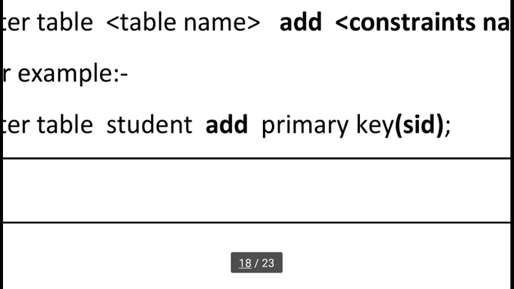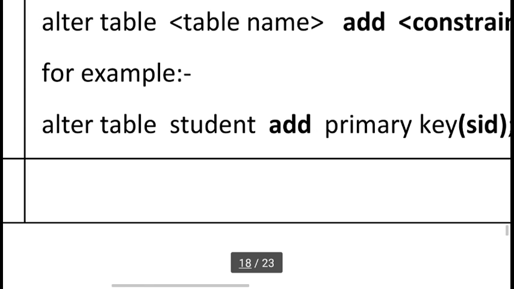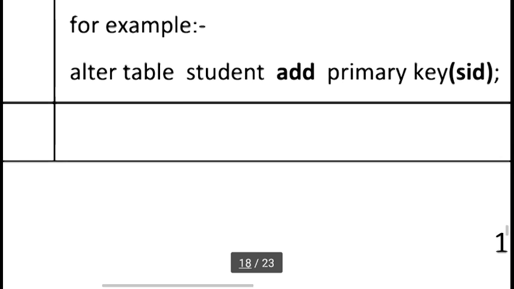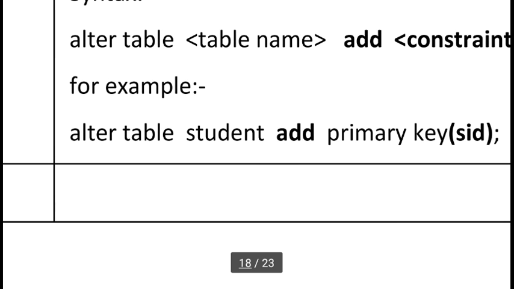Okay, because when we created our table, SID, we only used integer, but we did not mention the primary key constraint. We forgot. But afterwards we can use the alter table command and add a primary key constraint. So this is a new thing. There is no need to delete this table and create a new structure again. We can also provide the primary key constraint later.